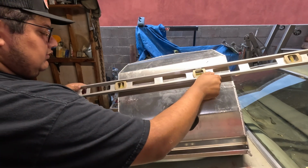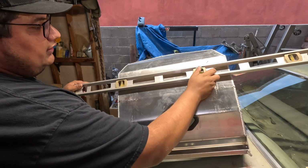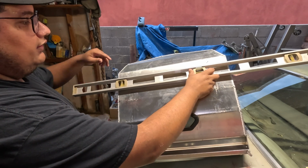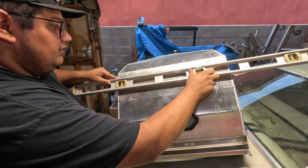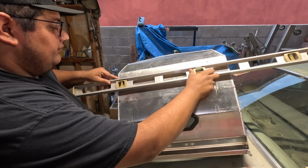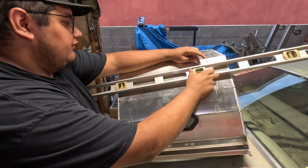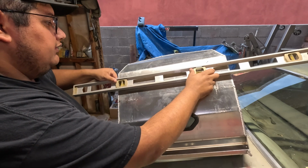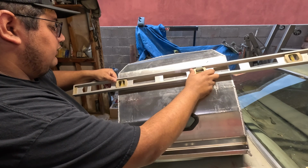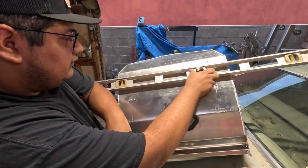Off of this, we can see that where I marked the center of my hole to where I marked that dot arbitrarily, we're running right through the center of it. And we know that's straight because I already marked off of here 1.5 inches straight down. Therefore, that should be very, very close to our true measurement that we're shooting for. So what we'll do